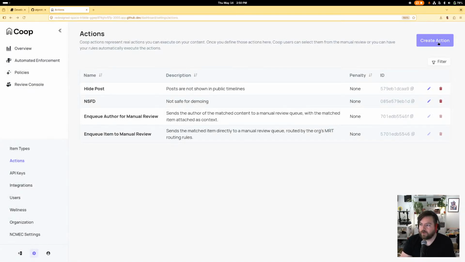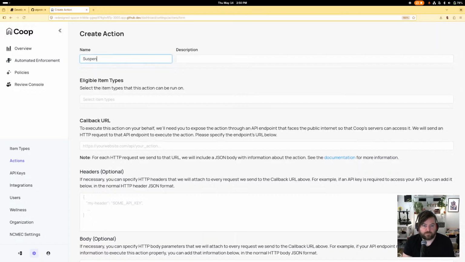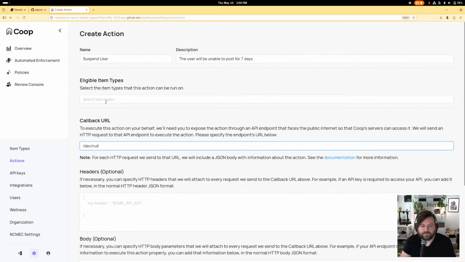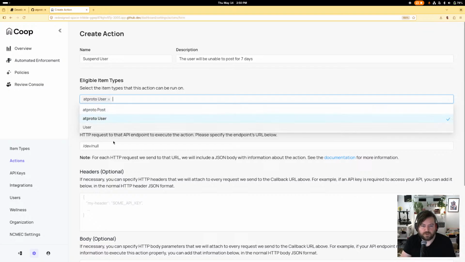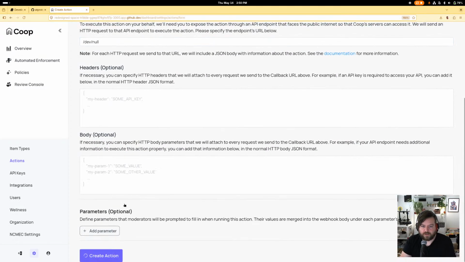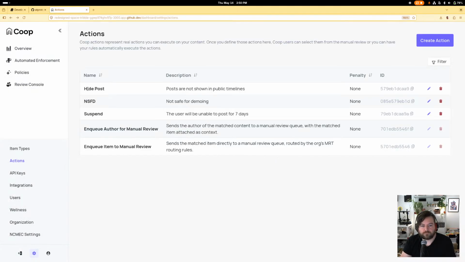Okay. And we could also create one that is suspend user. The user will be unable to post for whatever, 7 days. I don't know. Whatever makes sense for your actual platform here. Again, this is not actually going to do anything, but this is where you would put the actual callback URLs and everything you need. Why is it not working? Oh, I need to select an item type. So this is for a user. So I can just say suspend. It's for a user, and we're going to create that action. So now we have some actions here. We have hide post, suspend, and we can go back to our